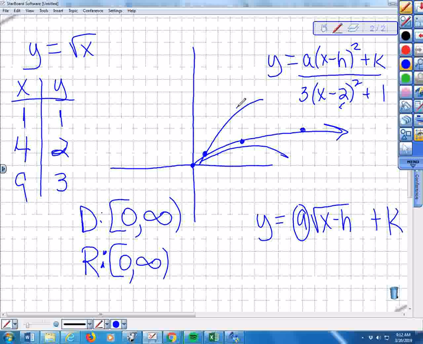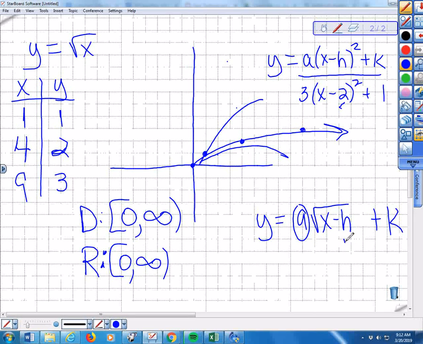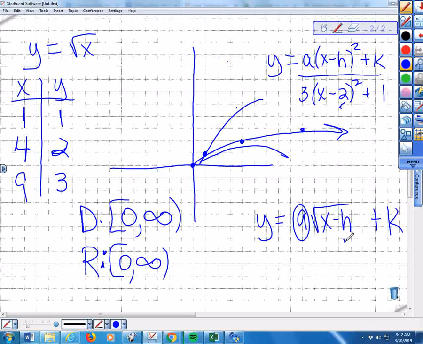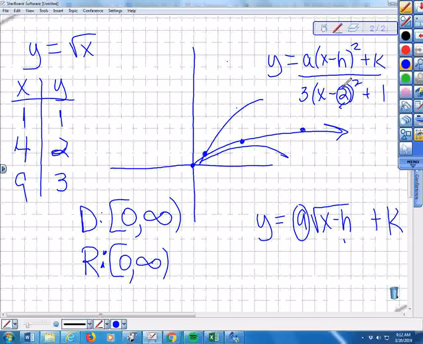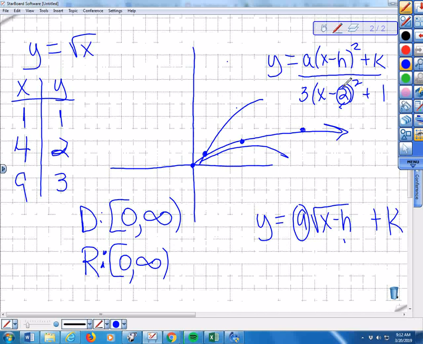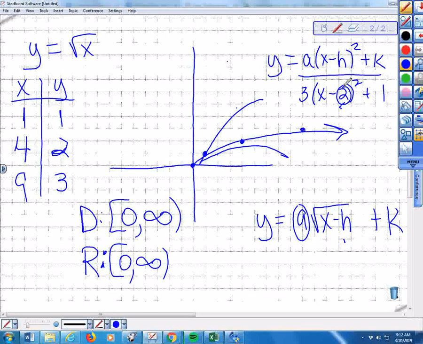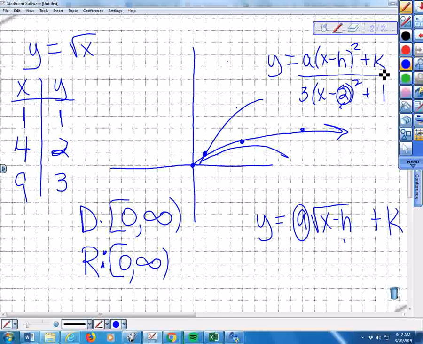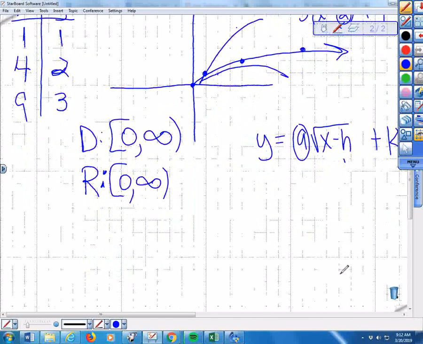If h is positive, that means it's going to be x minus h, which means it shifts right. Here h is 2, which is a positive number, shifting to the right. It shifts to the right because the general form has that negative in it. If h is negative, it shifts to the left because it's going to turn that to plus. And then this number always shifts in whatever sign it is. Okay? So if I take this general form